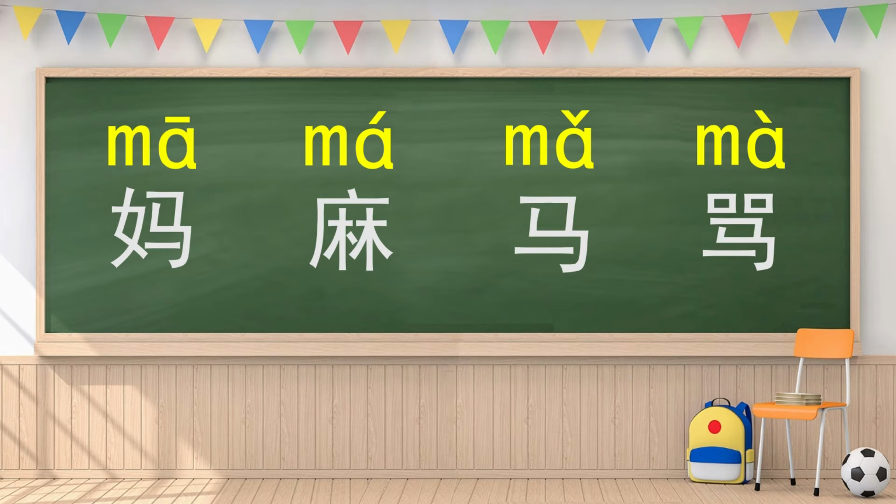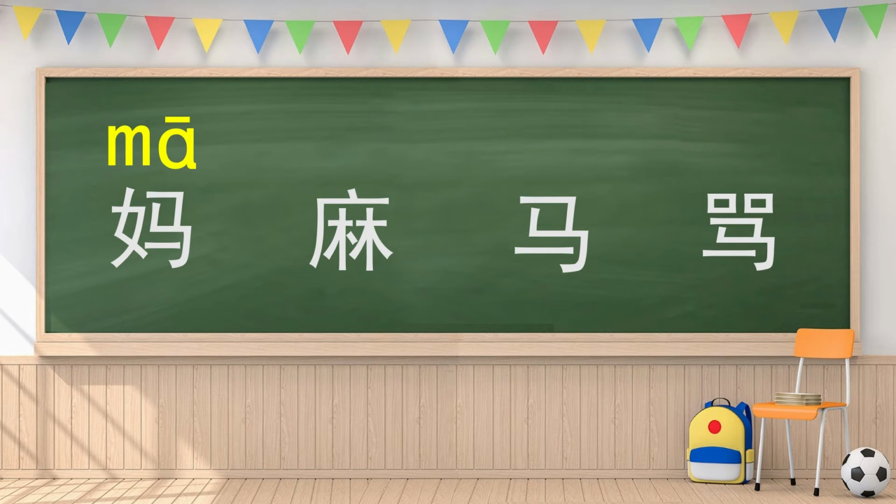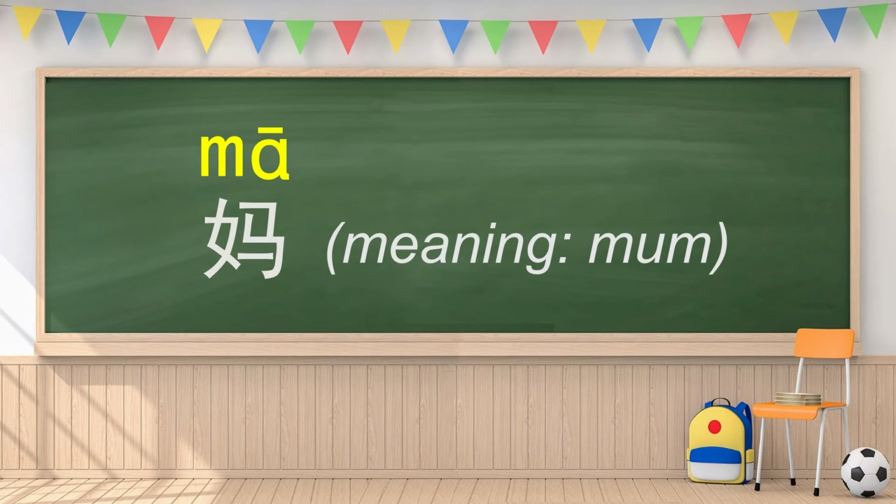As you can see, here are several characters, but don't worry, you don't need to remember them. You just know how to pronounce the pinyin on the top of them, then it is okay. The example of the first tone is the character ma, which means mother. If you would like to, you can follow me. Mā, mā, mā. Let's say it 3 times.